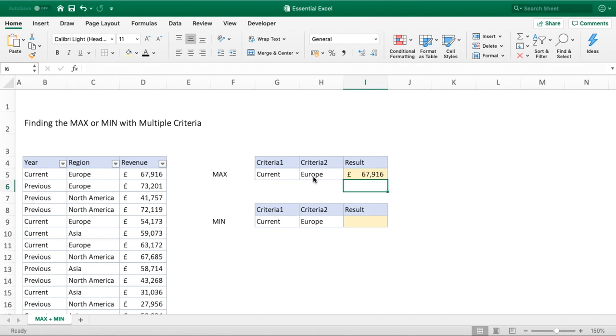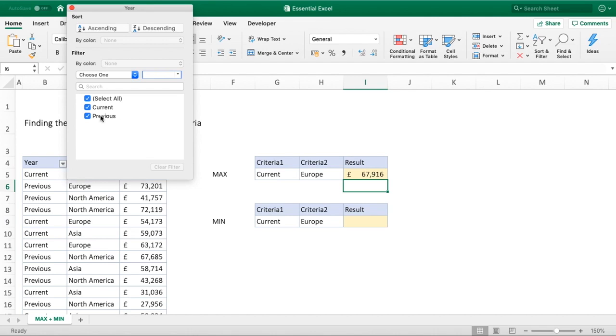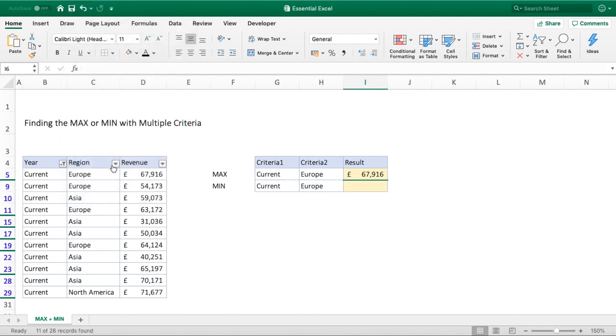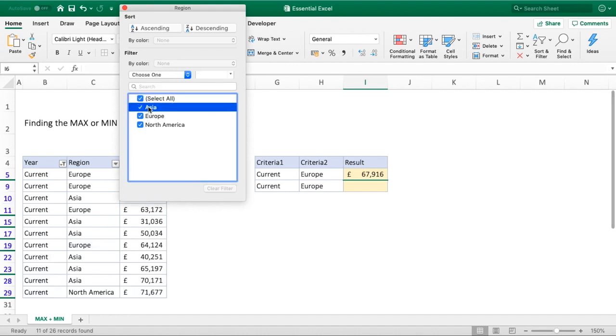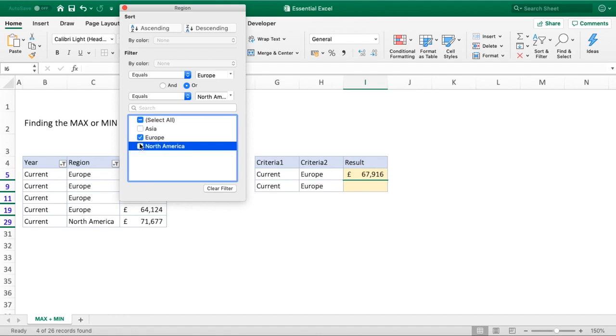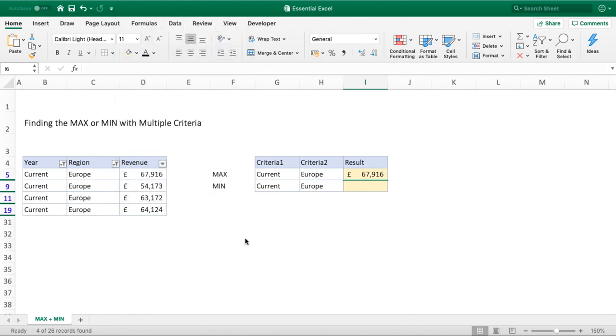£67,916. And we can quickly check that by going into our filters of year and selecting current, and then going into our region and selecting Europe. When it stops moving around, we can clearly see now from this filtered view that 67,916 is our largest value. So if we just clear those filters,